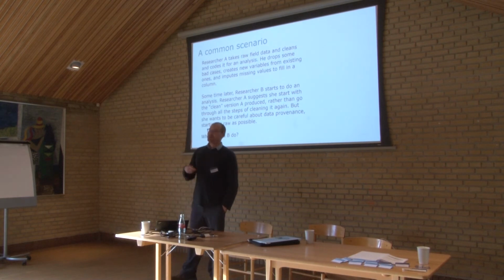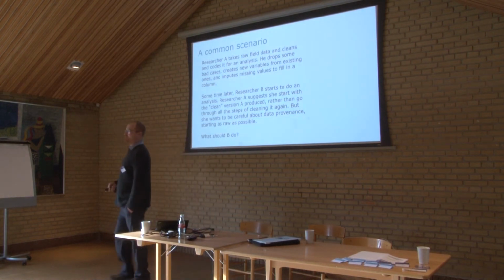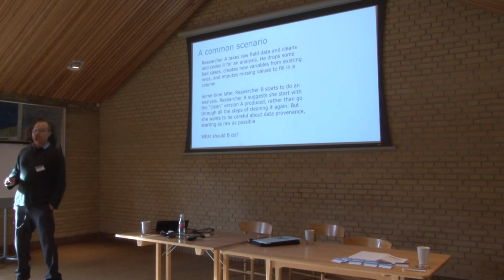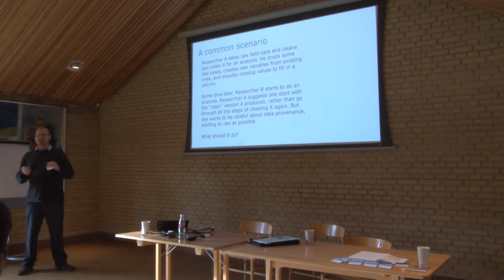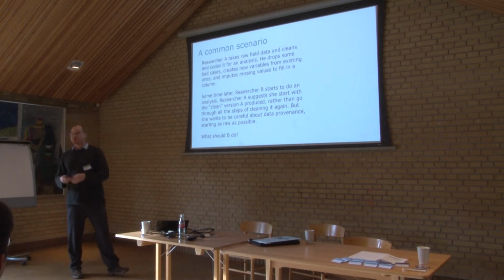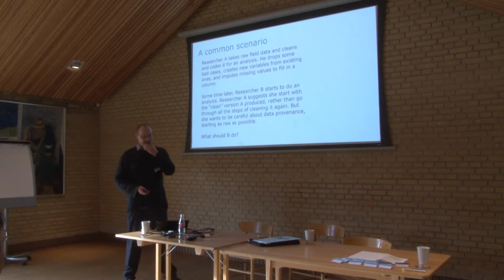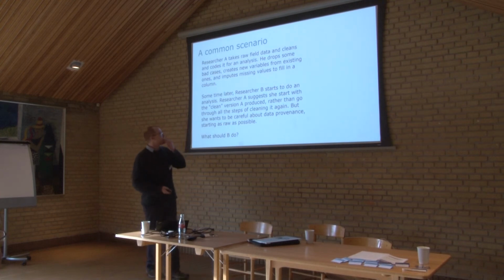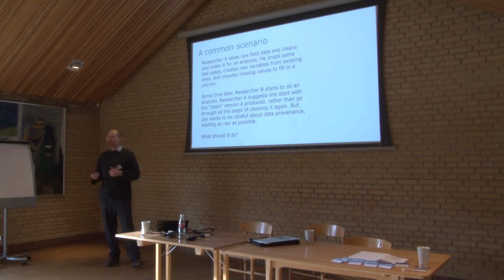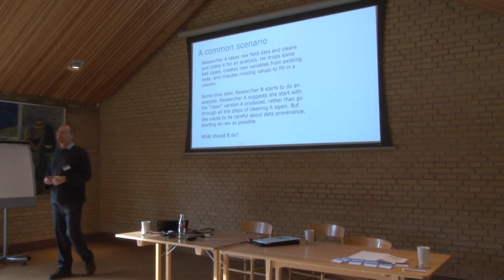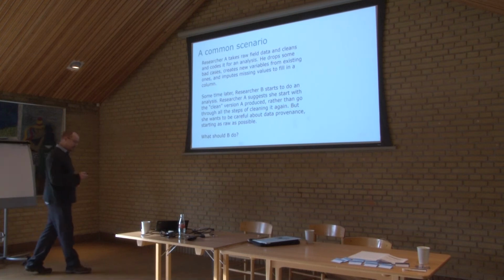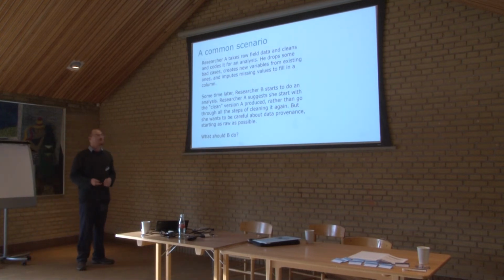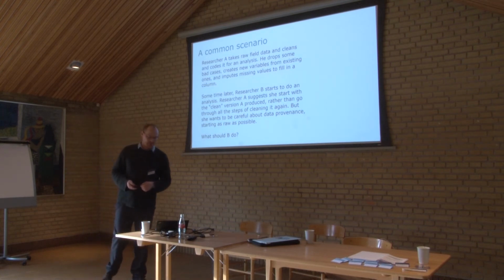Later, another researcher might say, hey, that's a really cool study. I've got another idea. Could I use your data for it? And they'd say, yeah, why don't you start with the data that I cleaned, my clean version of the data, because that's better than the raw data. I mean, it really is true. There's a lot of value added from all the work that they put in. But then again, researcher B might say, well, no, I want to start with the rawest version of the data possible rather than the clean version. What's the right thing to do here? Given that this is going on continually with longitudinal data, I don't think that there's a clear answer in every case that we can just apply.